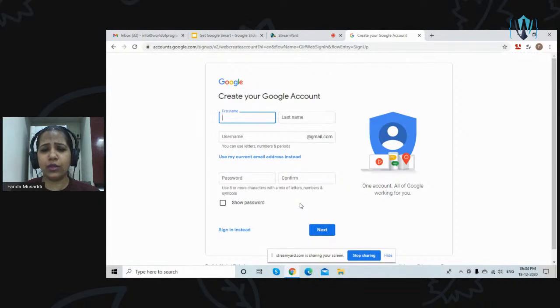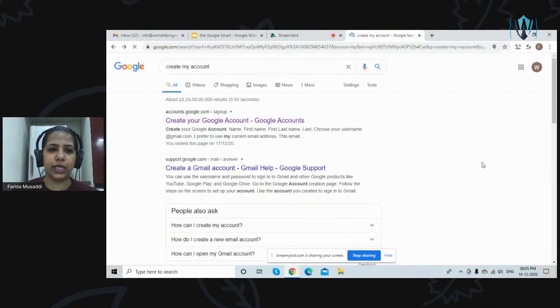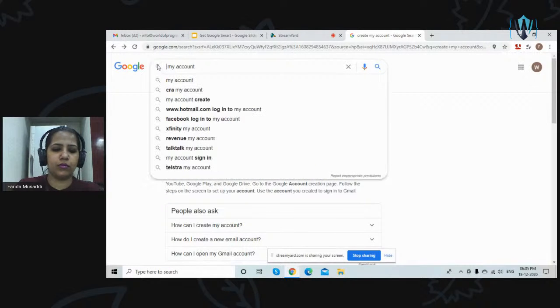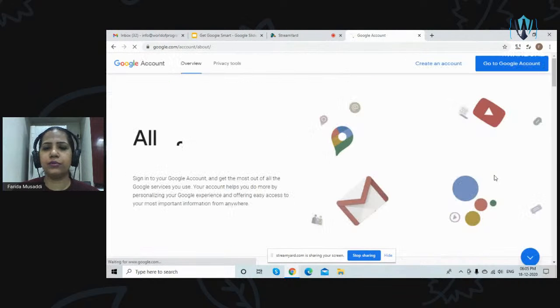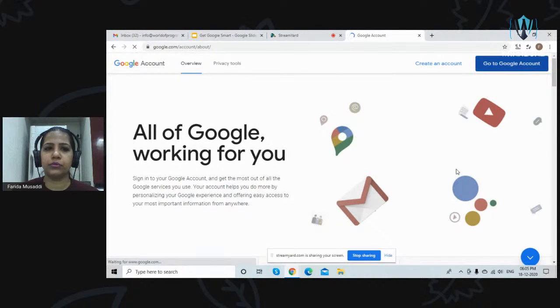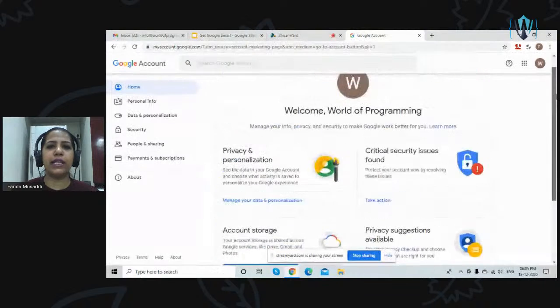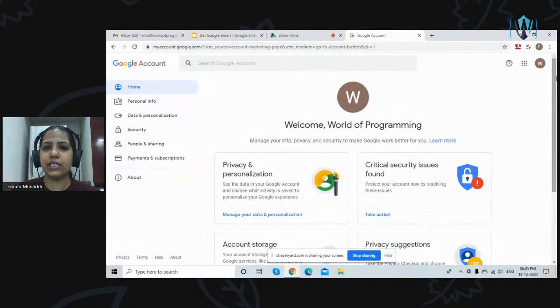Most of us or all of us have, of course, done this step. We all have our accounts created on Google. But after we create an account, how many of us actually study in depth what features or settings our account provides? That is what I'm going to show you today. Now, I will go to my Google account. This is my Google account page. Generally we see this page after our Google account is created.